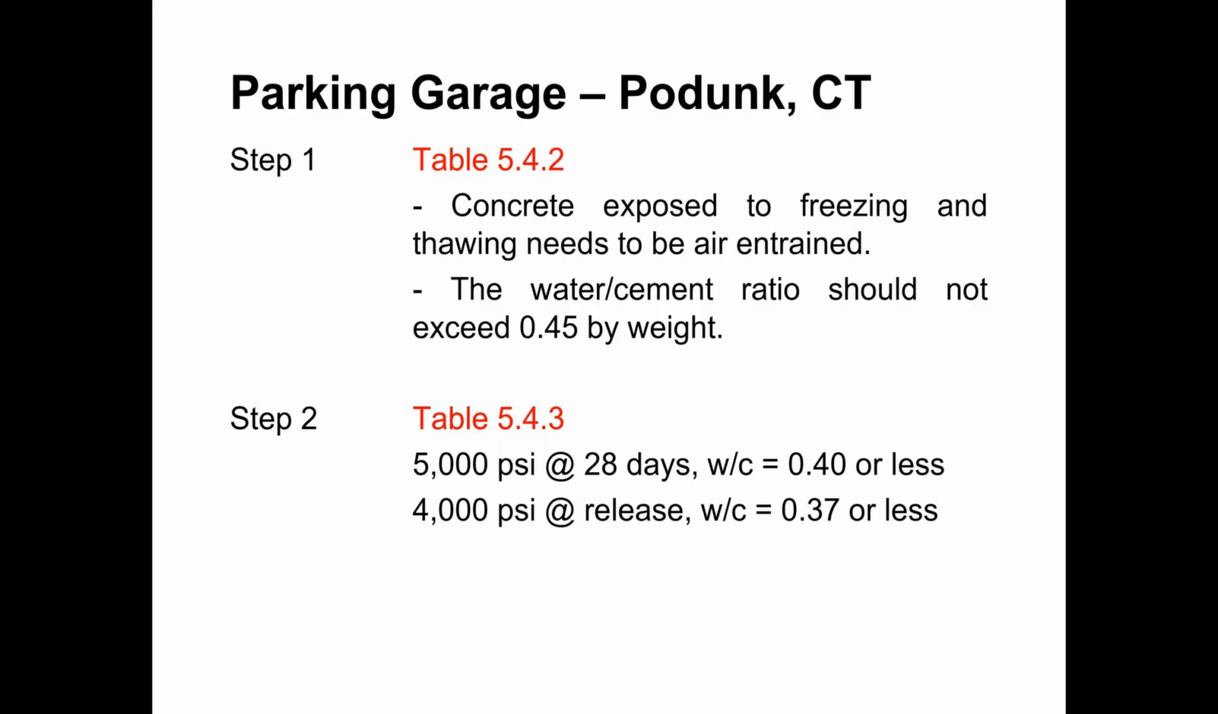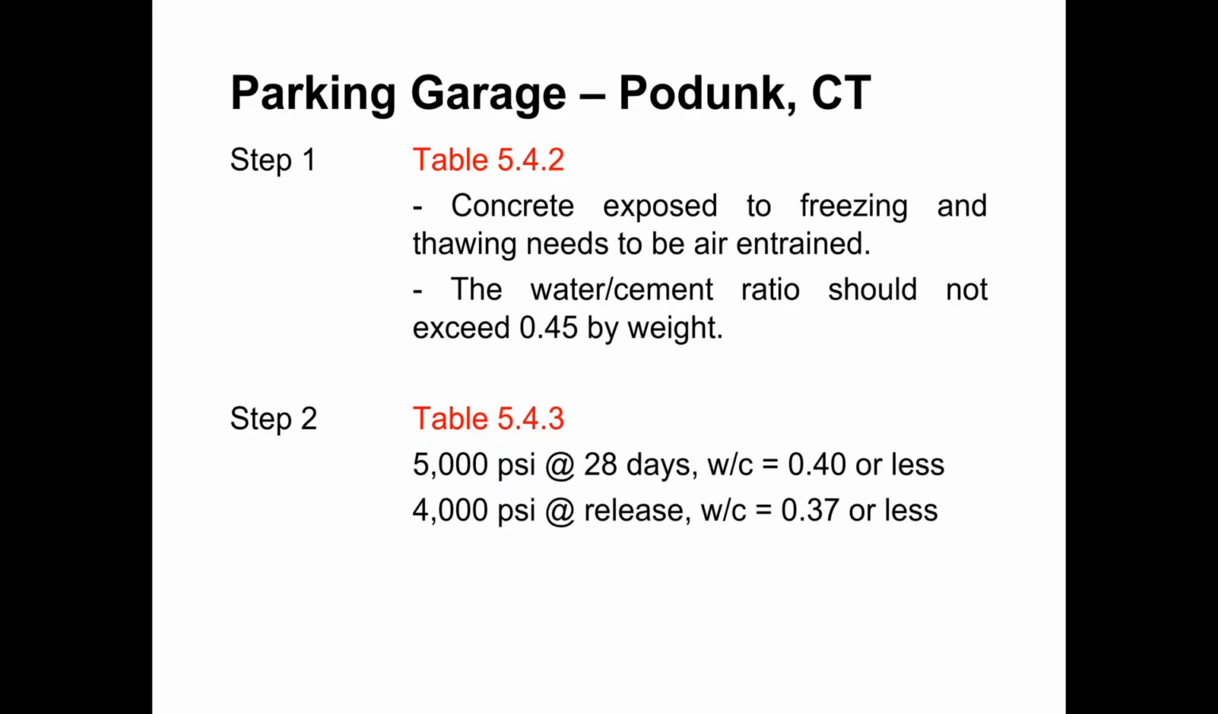Those are thin sections. Usually the flange of a double T is in the neighborhood of 4 inches, so that would be considered a thin section. It is going to be exposed to freezing and thawing, and so that gives us a recommended water cement ratio of 0.45. And then looking at table 5.4.3, we have a required stripping strength of 4,000 psi, and so based